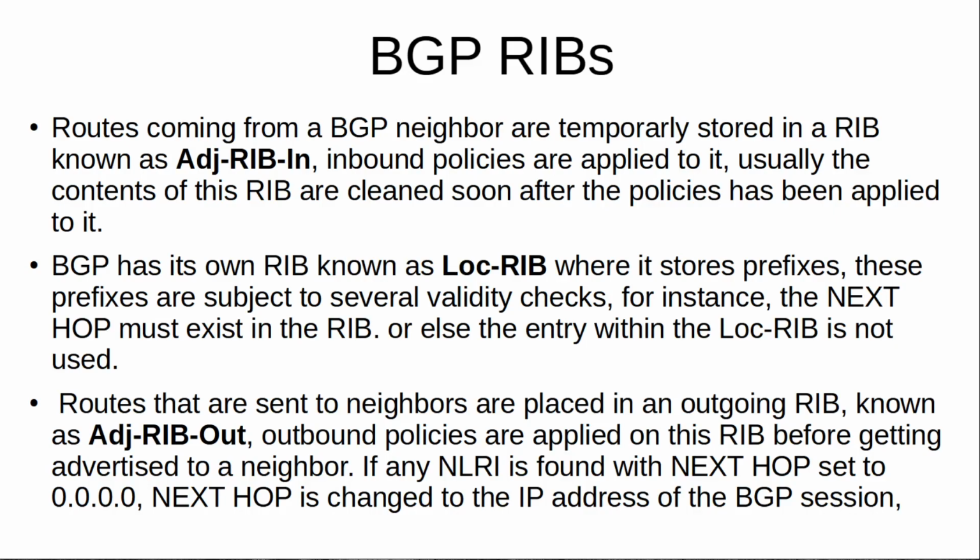You have 3 routing tables internal to BGP. The adj-RIB-in is where routes coming from peer devices are placed. The Loc-RIB is the routing table that BGP will use to work, and the adj-RIB-out is the routing table where prefixes that are going to get advertised are placed. So remember that you have several